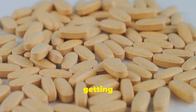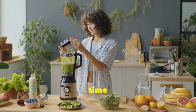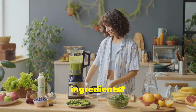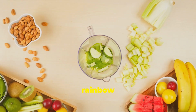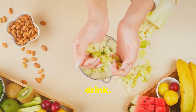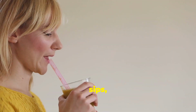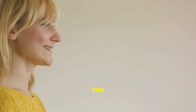We all know getting those essential vitamins and minerals can be a right pain. Who has time to cook elaborate meals with a million ingredients? That's where Superfood Smoothies come in, blending a rainbow of fruits, veggies, and superfoods into one delicious and convenient drink. In just a few sips, you'll flood your body with antioxidants, vitamins, and minerals, giving you the energy to conquer